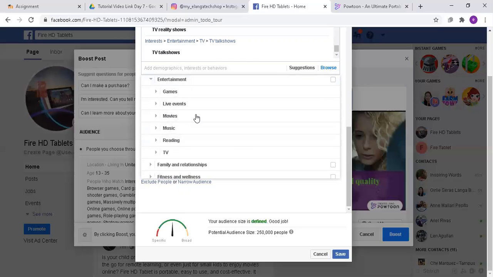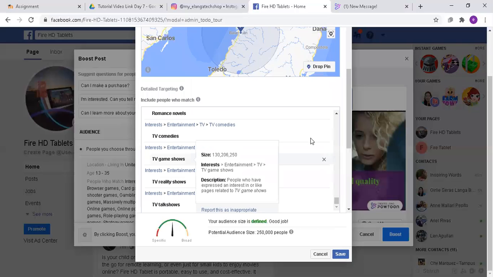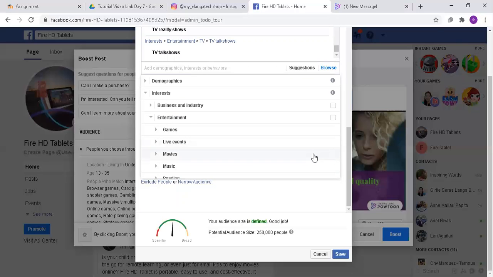And once you're done targeting audience, you can click on save right here in the lower corner of the screen. And once you're done, it is now ready to set up payment. And once you're done setting up payment, you can click on the submit button.